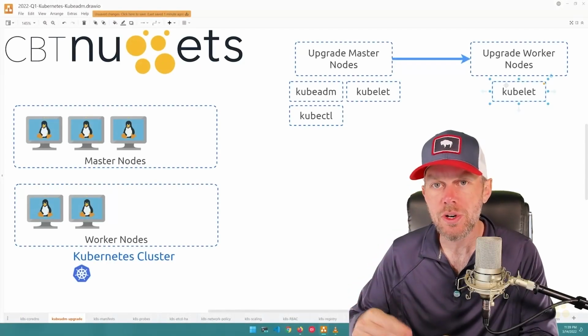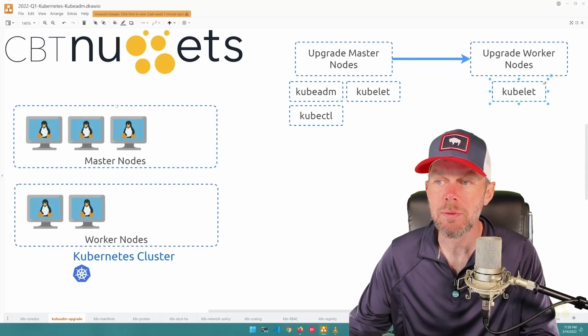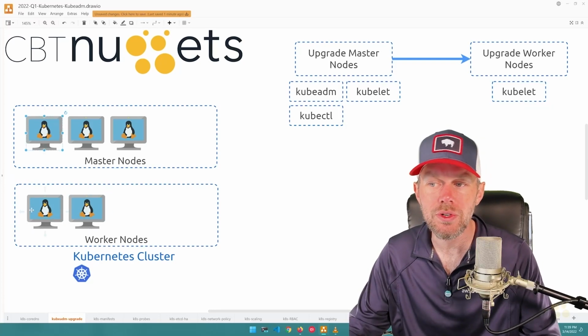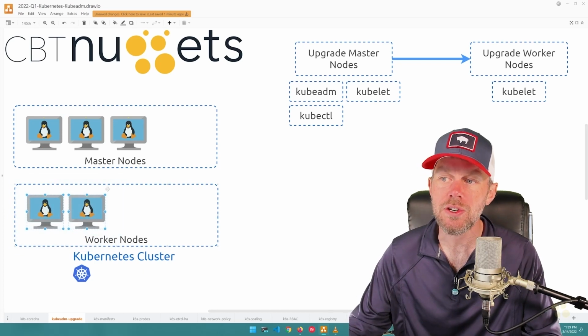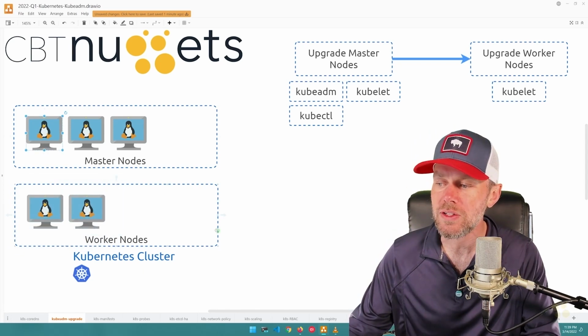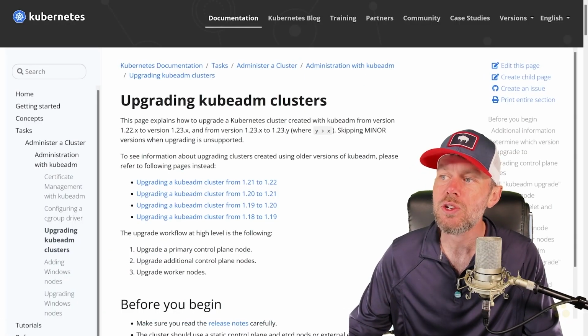So in this video, we're just going to set up a basic cluster. I'm going to spin up a couple of virtual machines here. We'll create a master node and then a couple of worker nodes and join those onto the master node. So we'll do a little bit of virtual machine setup, but I did want to point you over to